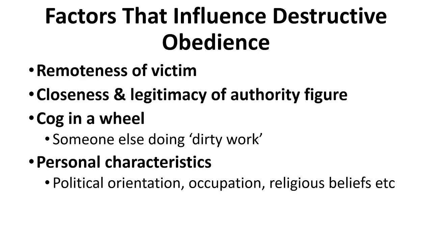Another factor is the closeness and legitimacy of that authority figure. So if the researcher is standing there in the room and telling you to your face that you have to do this, people are a lot more likely to obey. If the researcher was delivering the instructions over the telephone or over a speaker, people were a lot less likely to follow through. And if you replaced the authority figure of the researcher with some other person, maybe another confederate that you thought was another participant, then obedience levels would drop, because why would you obey someone who doesn't have any authority?